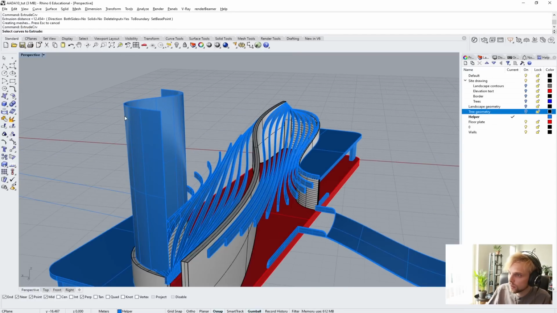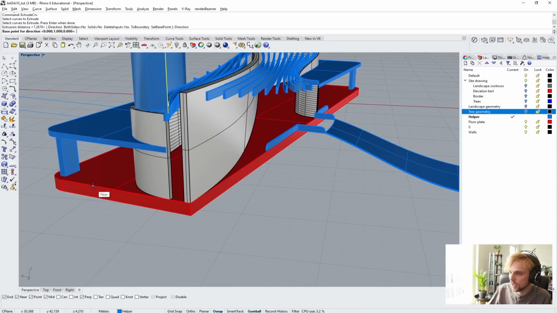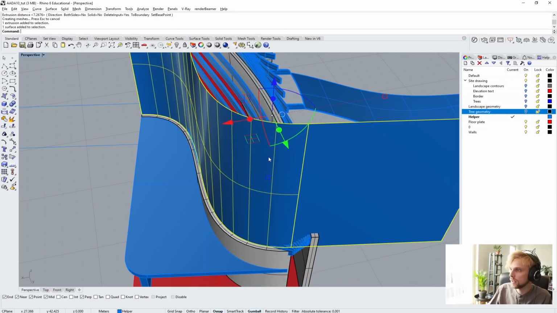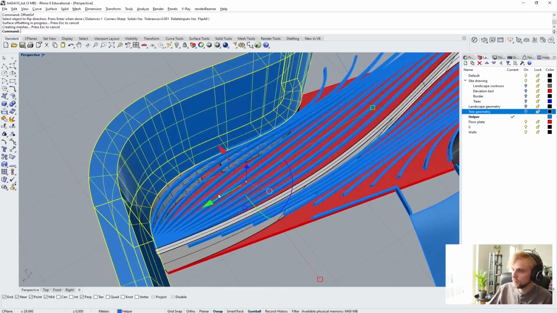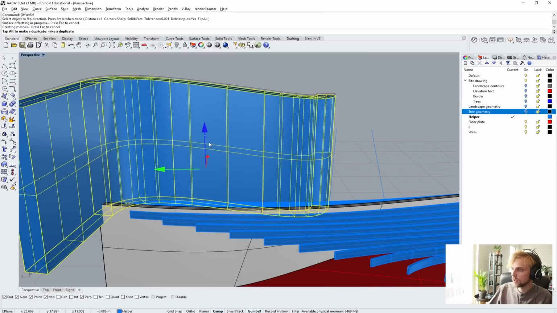This curve gets extruded, but the direction is actually around this edge here, so it gets extruded like that, gets joined up, join, offset surface, gets offset outwards by 1 meter, gets moved down,